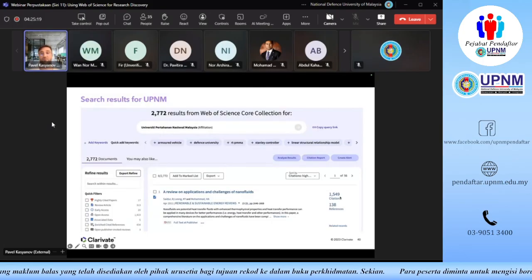I only have this screenshot at the moment, and another important thing that I wanted to show you is that the most cited record ever published so far by a UPNM researcher is this, a review on applications and challenges of nanofluids. I can't say from here whether all 3 researchers come from UPNM or maybe only one of them does. But the important thing is that this record has been cited over 1,500 times. So this is a really, really important document in the topic of nanofluids. My congratulations to that, and I would encourage a lot of you to try to overcome this number of citations with your research results.